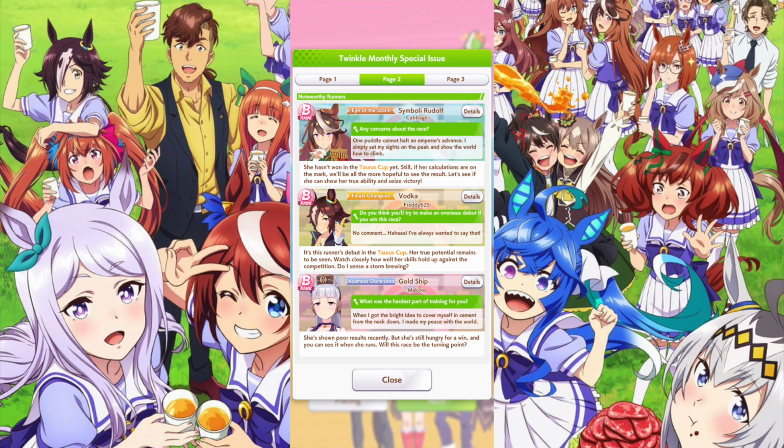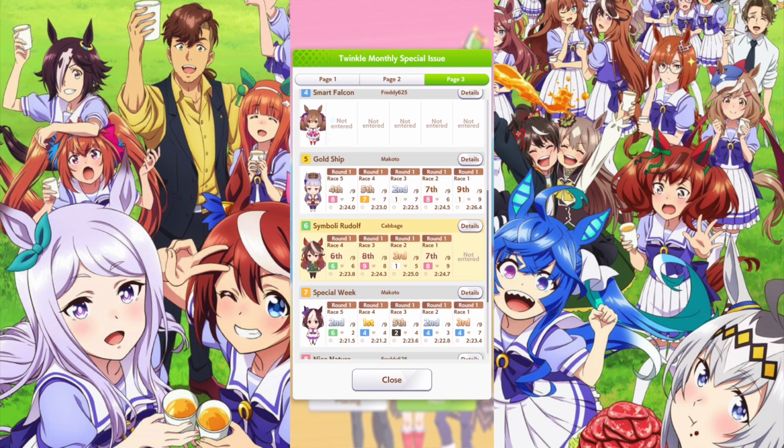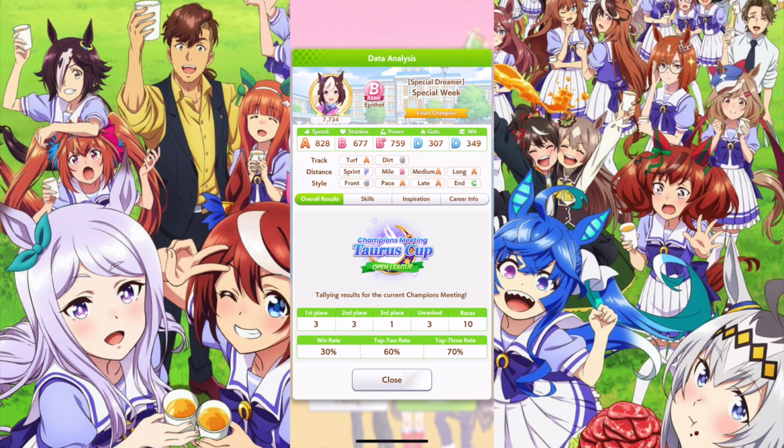Yeah, I have not won with Simbali Rudolph, but I like the idea of her just being there and being so threatening. That she just scares everybody else. But in the long term, I don't know if I'm going to be able to use Simbali Rudolph as a debuffer, because one of the best support cards is her, so...